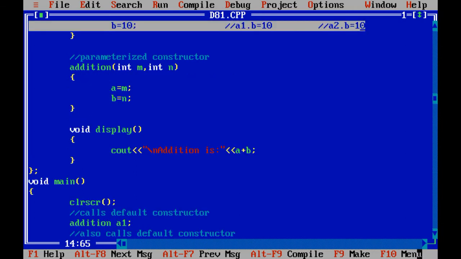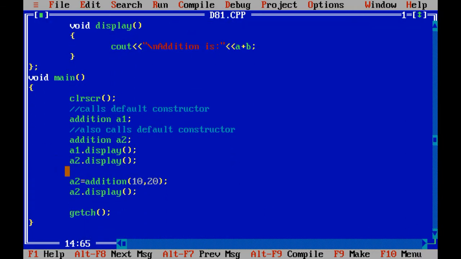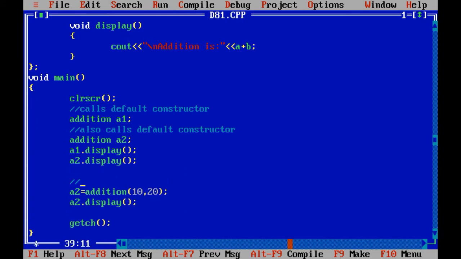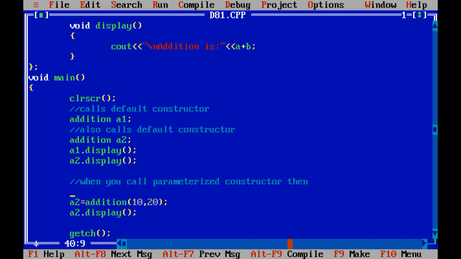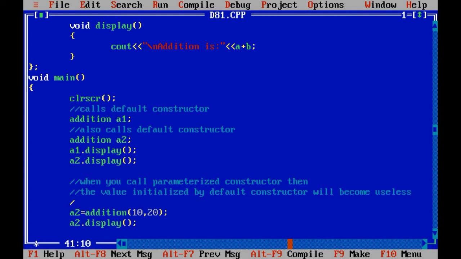Let me give the comment line over here. When you call the parameterized constructor, then the value initialized by the default constructor will become useless, which is a wastage of time and memory.